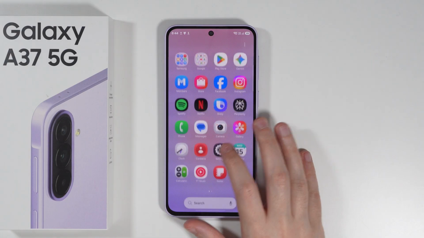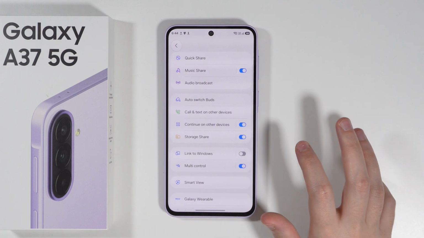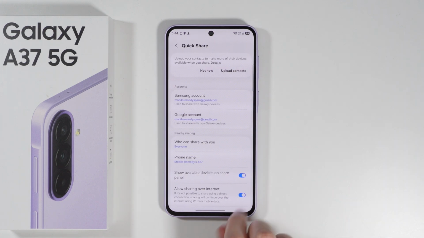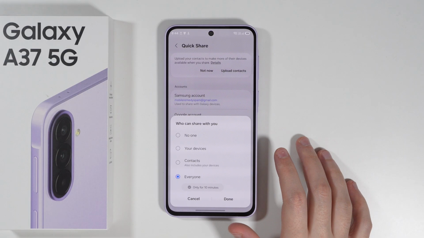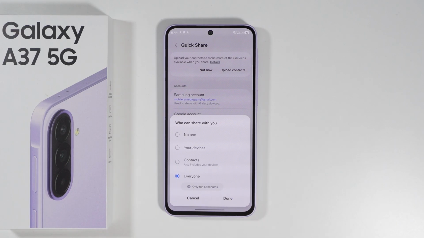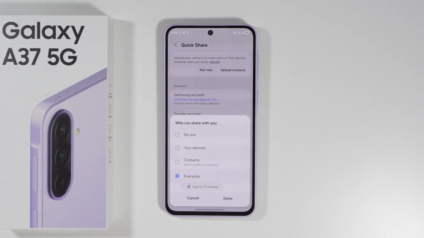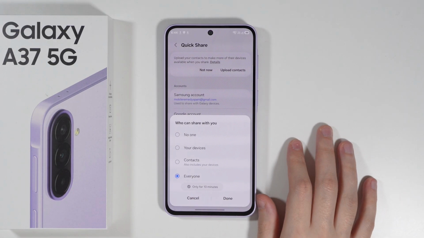Of course, you can also just go to Settings, then choose Connected Devices, and then over here we can go to Quick Share at the top in order to adjust the visibility. So this is our normal visibility. So even if we are not inside the app, if we don't have the app opened, we can of course set ourselves to be visible to everyone,